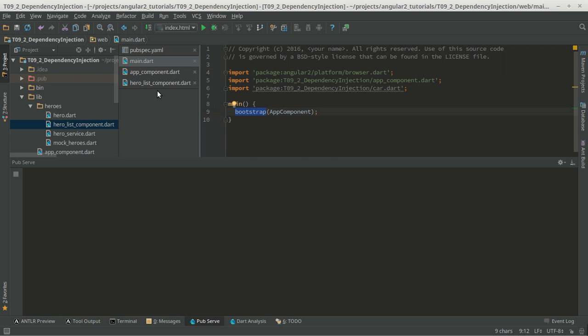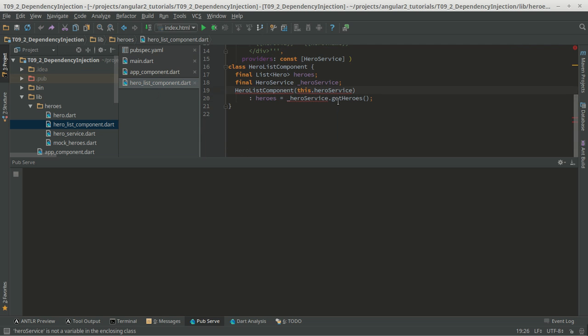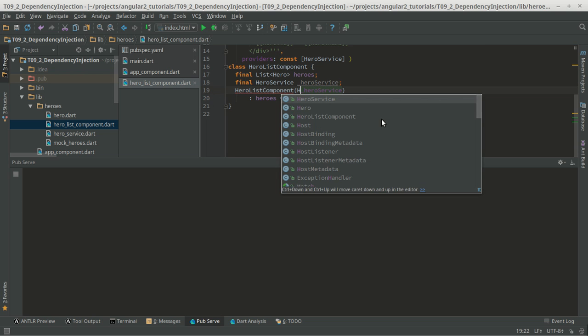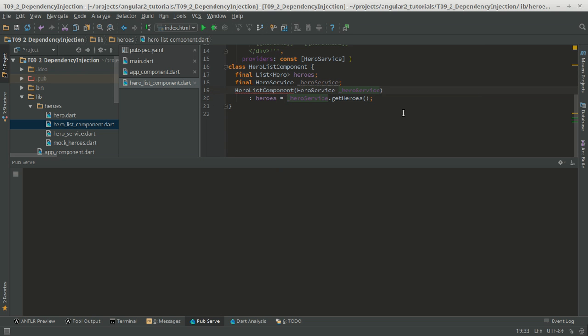The second error occurs in the hero list component. What happens is this: the name should be hero service with a low dash, and also hero service cannot be accessed here. So what can we do? Instead of adding in here, I'm just gonna add it here. I'm just gonna say again hero service, and also